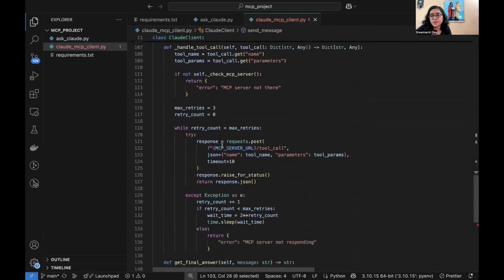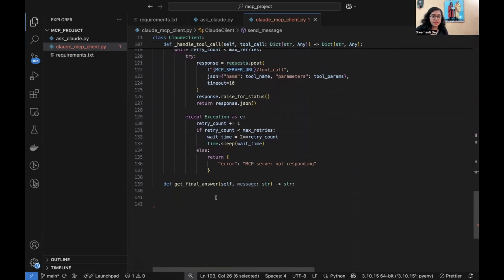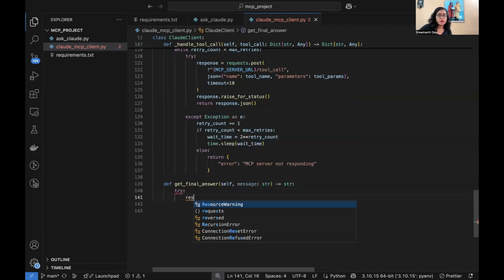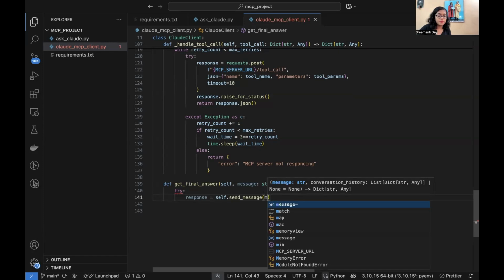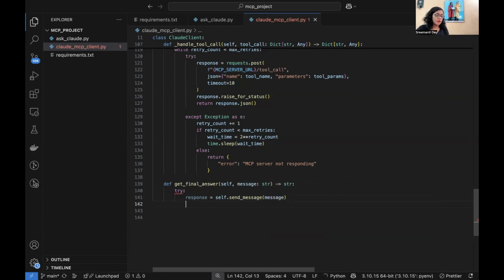And this result we need to use to get the final answer. So again, I always write inside try except, as I said. So basically, response equal to self.send_message, and we are going to put in the message here. That's the first thing. And then if the content is in the response,